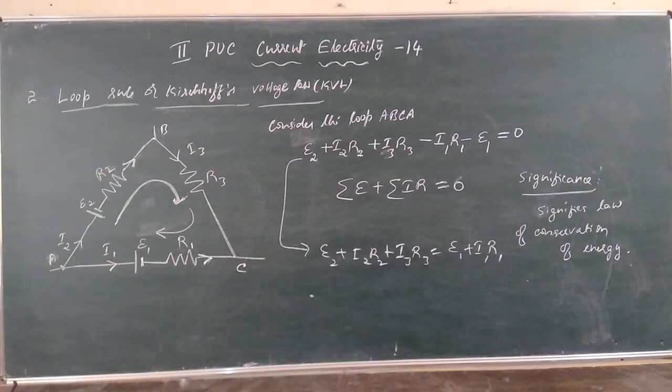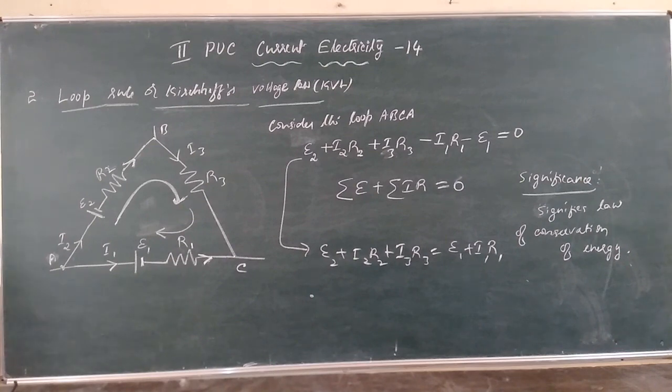See, the first law, the junction rule, signifies the law of conservation of charge. Here the second law signifies the law of conservation of energy, because as the charge moves in a loop and returns to the same point,